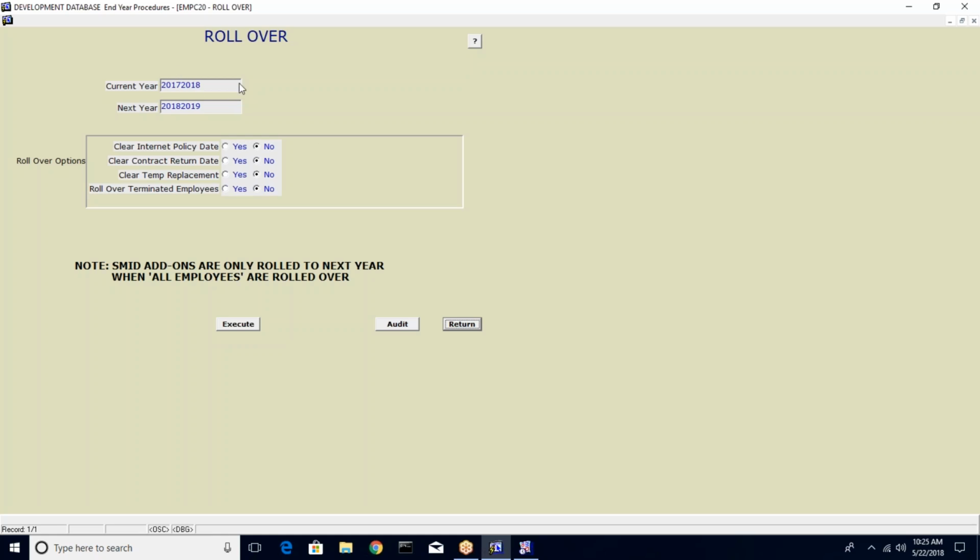So all the detailed data would get rolled over, and you have an option whether you want, if you're using any of these options, if you want to clear it. We have an internet policy date, a contract return date, a temp replacement date,